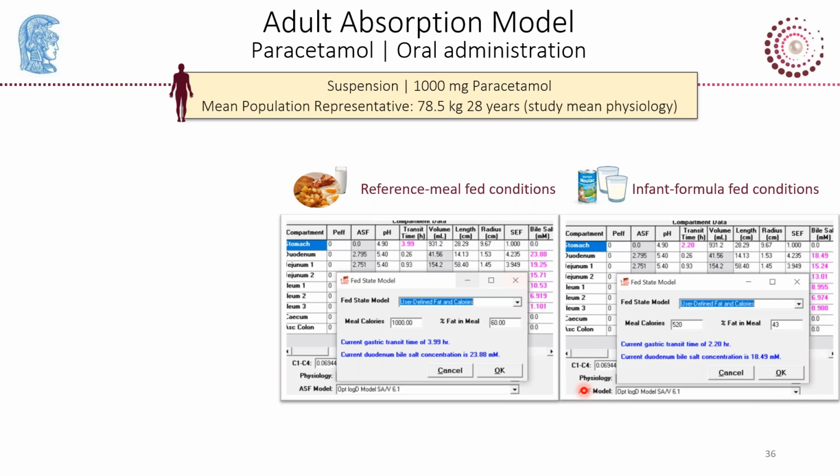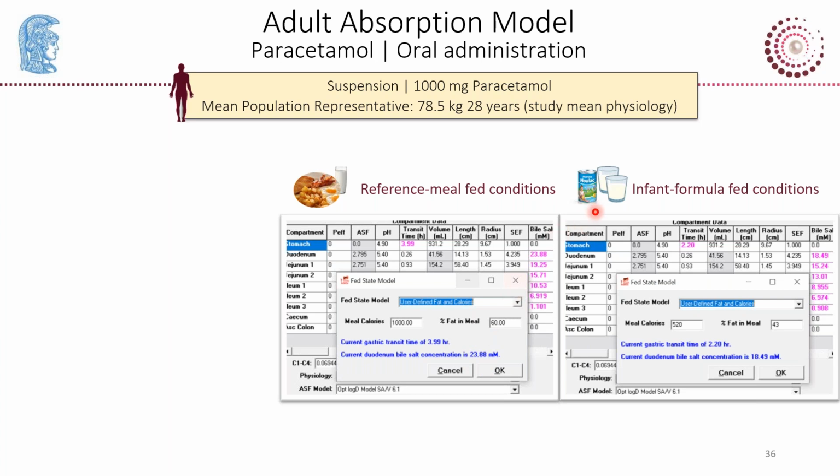So here we could enter our meal calories. For example, for the reference meal, we entered our 1,000 kilocalories, and additionally the percentage fat in the meal, which was 60%. Based on that, the software adjusted the gastric transit time and the bile salt concentration within this physiology.